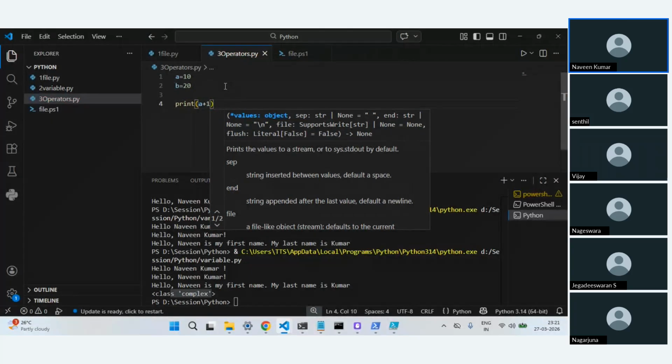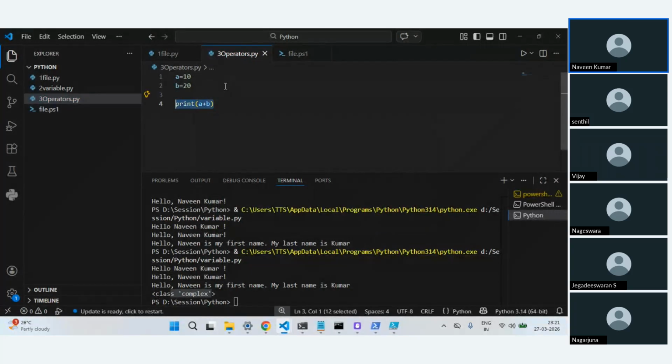You can do addition. If I want to do addition of these two numbers, I'll just say a plus b. If I want to do subtraction, I'll just do a minus b. And similarly, multiplication, you can also do division. Okay, these are some of the common things. I know these are very basics, but when you